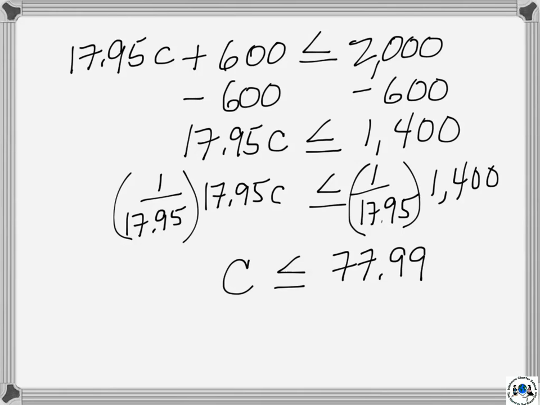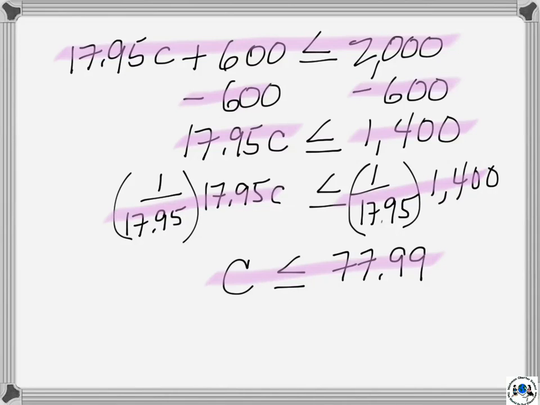Okay, so here we are back to solve our equation, or actually our inequality. Be very, very careful to state that correctly. Again, same steps. Take away 600 from each side, making zeros. 17.95C is less than or equal to 1,400. Again, this is $1,400 here, but that gets translated into actual campers. As we move along, multiplying by the reciprocal of the C's coefficient will yield that C is less than or equal to